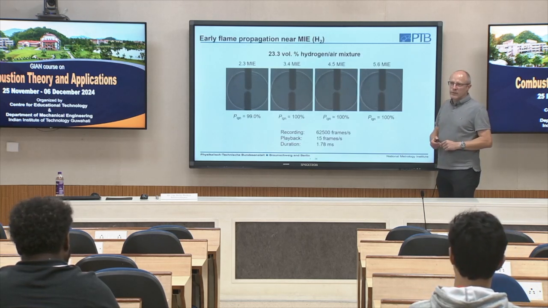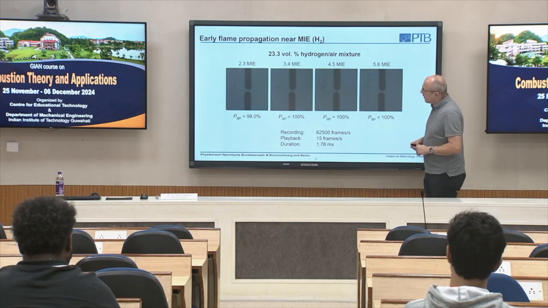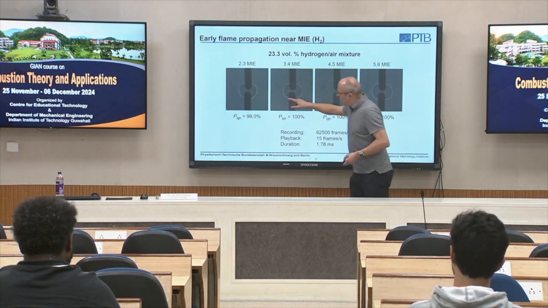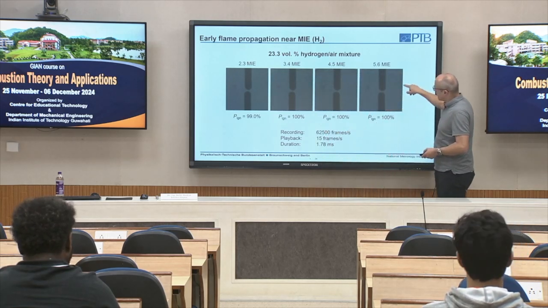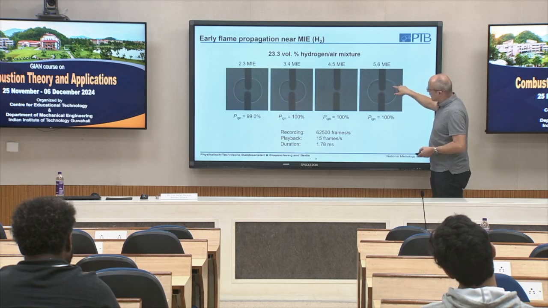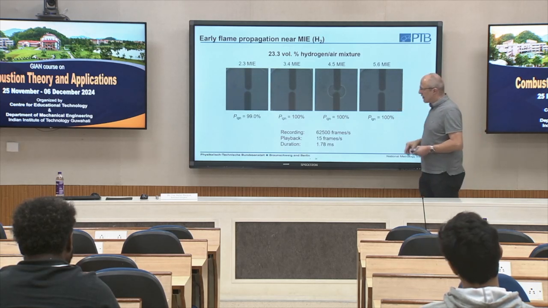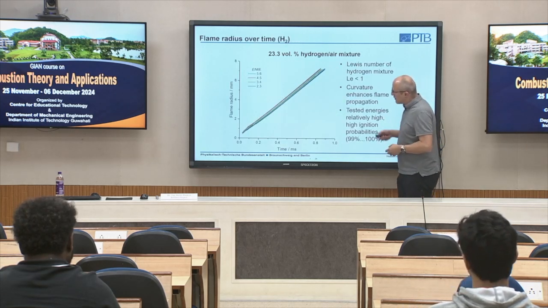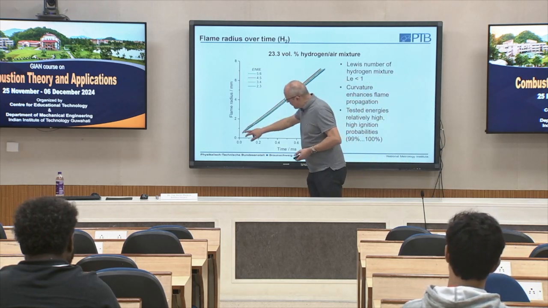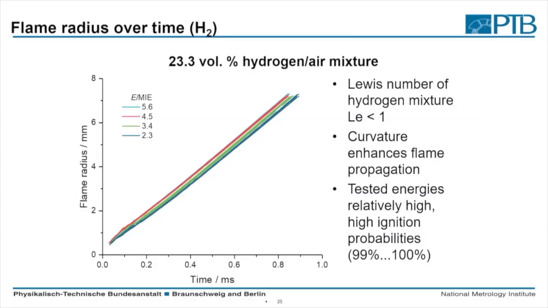So in hydrogen, it looks different. Here we have 4 cases. We can see that it ignites earlier as the flame reaches the outer part later than here. But it is not the fact that it had ignited earlier here. It's just that we deposit more energy into the system and the hot kernel is larger. So this can be seen here. The higher the energy, the larger is this part where the gas dynamics are of importance. And then we have always, with nearly no fluctuations, the flame propagation into the system.